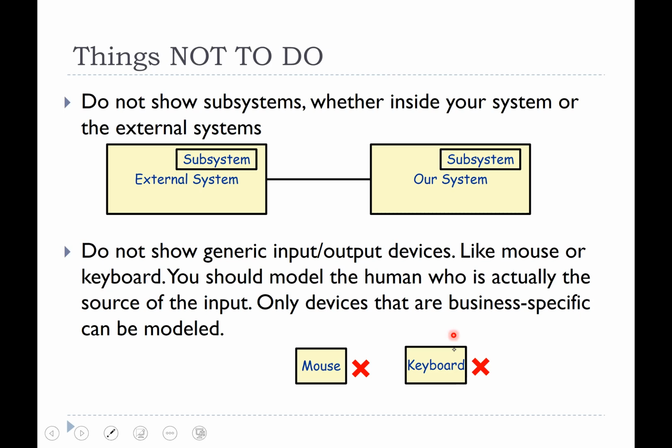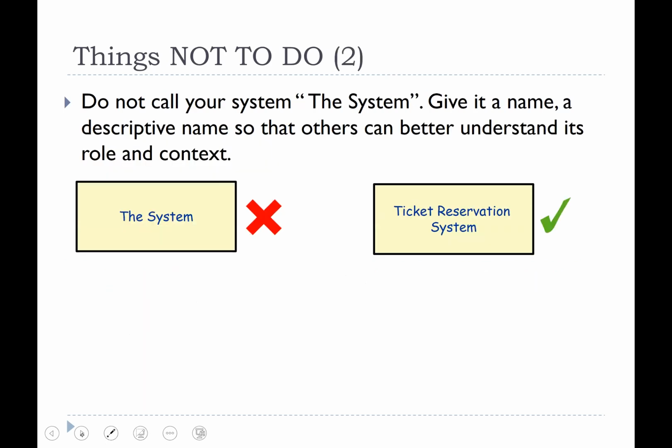It's a bit of a, I'm going to tell you right now, it's a bit of a gray area. It's not black and white. And we'll get to that when we do the exercises in a moment. Now, one common mistake is calling the system,